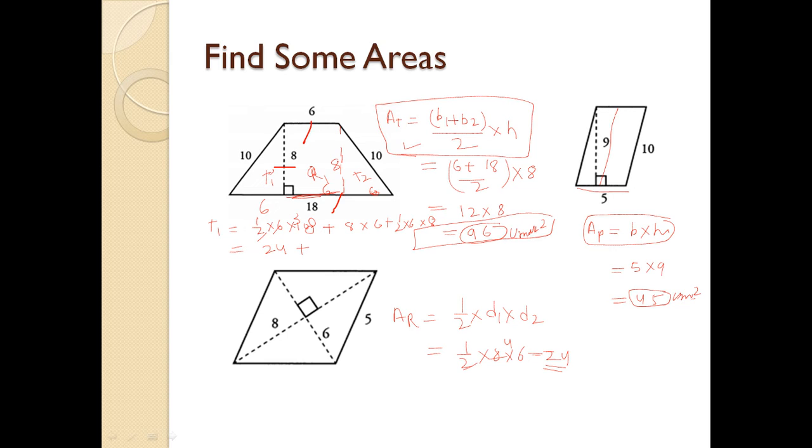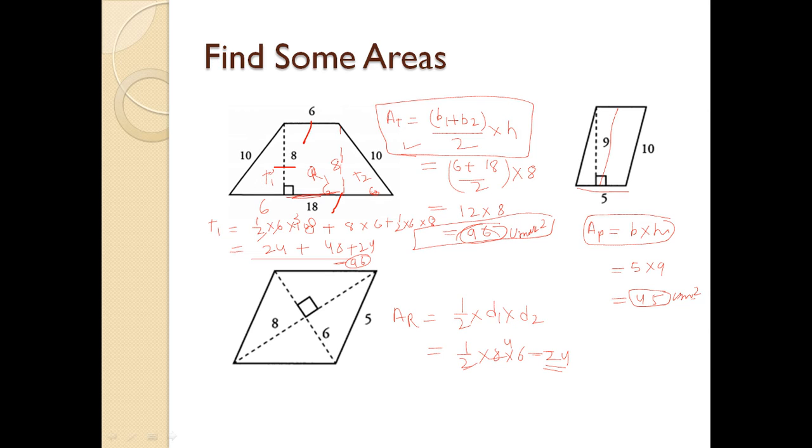Fine, this is 48 and this is 24. So what is it? It is 96, which is our answer from earlier. Okay, so if you want to find the area of any kind of quadrilateral, the basic thing is you can convert that into triangles or rectangles, and after adding the areas of all the triangles, you can find the area of that polygon.